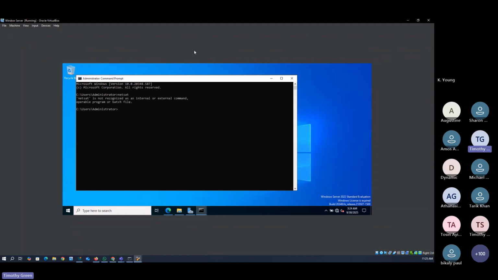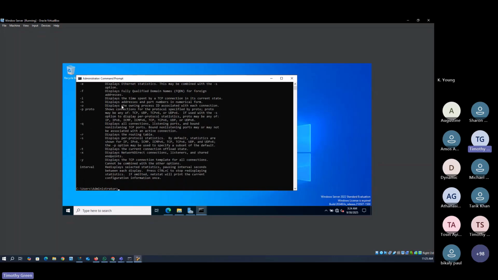Sorry, my spelling is not correct. Let me clear the screen. Netstat. But before I press enter, even though I know the command to use, let me give you a page. So this is how to query the manual for netstat. So if I press enter now,